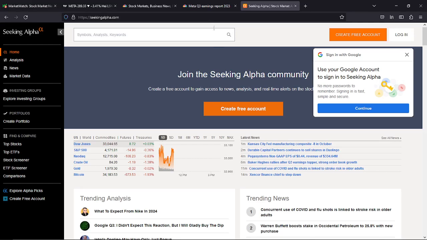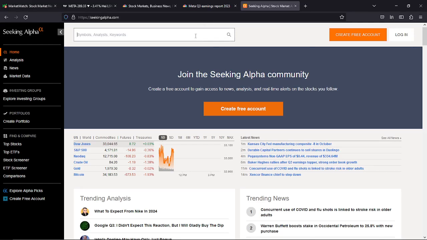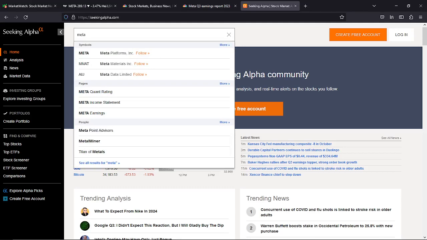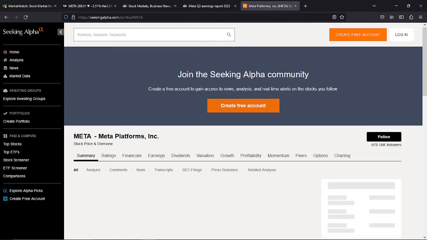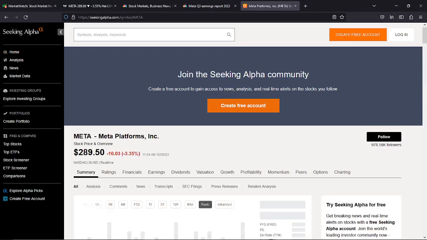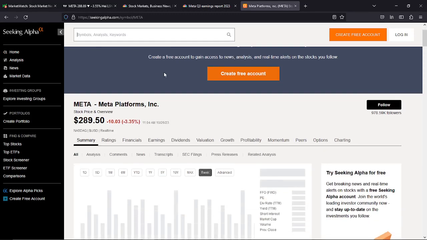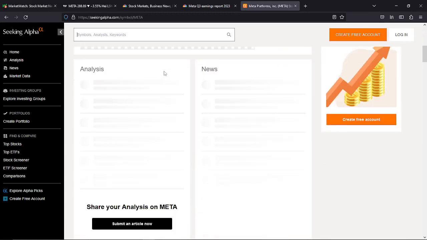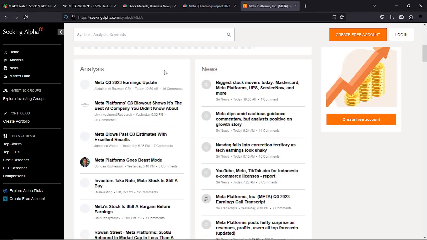Okay, so I go to Seeking Alpha. I type Meta, four-letter symbol. That's NASDAQ, anything with four letters, ticker symbols. And then it tells you a bunch of stuff, summary, blah, blah, blah, right? And I can see people's analysis. Some of them you have to be subscribed to get, but you can see what people are thinking. I take a glance over the headlines. Okay, yesterday goes beast mode, beat past earnings.